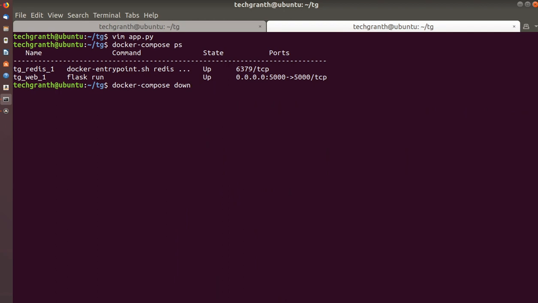And with that, it will stop every service and all the networks and all the components related to this Docker Compose. But the volume data which is written within the container will not be released. So we can use the --volumes option to clean up those volumes as well, which will remove the data from the volume used by that Redis container.